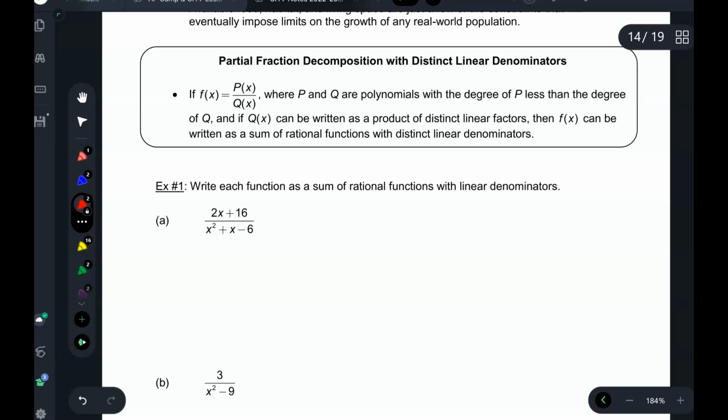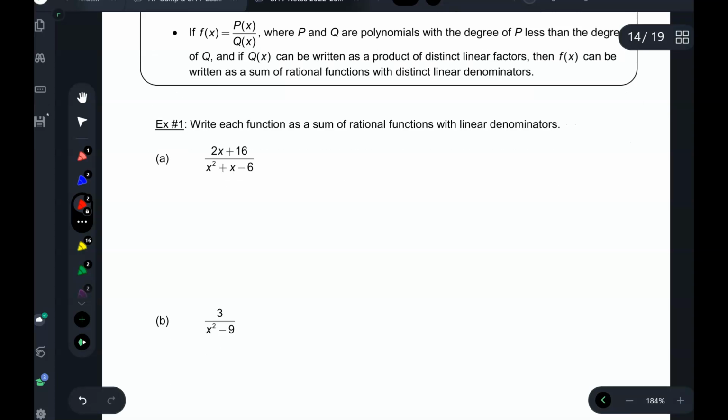Okay, but before we do that, we have to do something. It was back in pre-calc. I don't know if you remember partial fraction decomposition. No, I don't even know what that is. So we will review it as if you've never seen it before. Okay, so basically